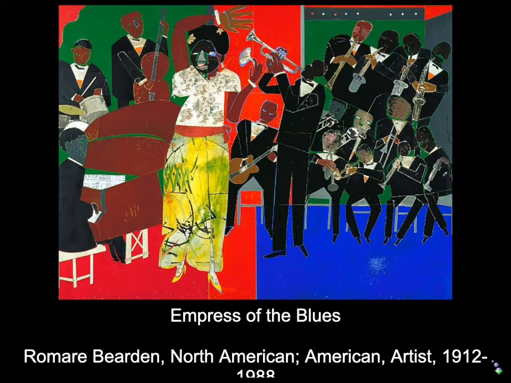Here's another Bearden, this one a kind of hybrid collage painting, and it's part of a theme that he took up as a series where he's exploring the blues and jazz, these forms of African American music. And I want you to notice the way he abstracts. He chooses these kind of syncopated rhythms of forms that actually echo the syncopated rhythms of sound in jazz, so that he's trying to find a sync between visual and oral music forms here with very vivid, bright colors.